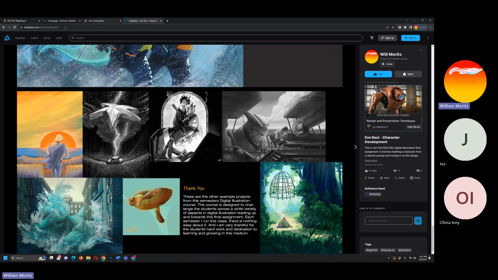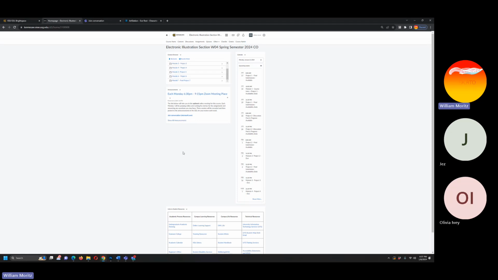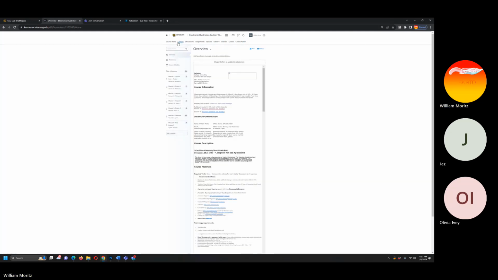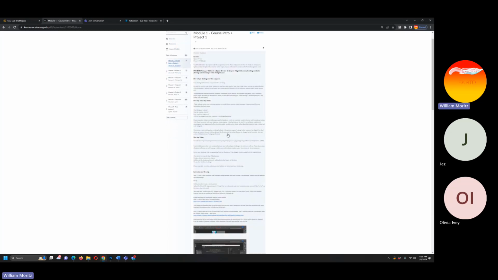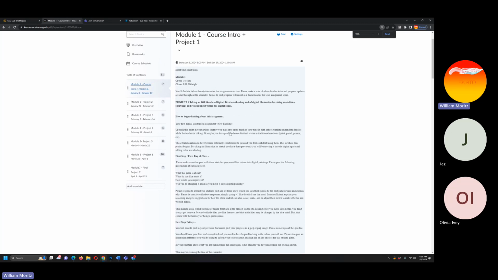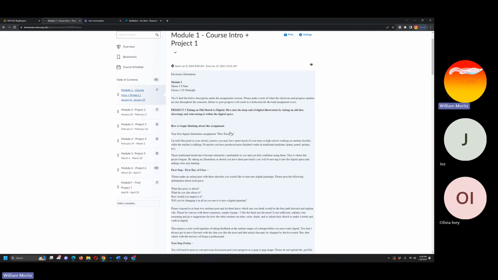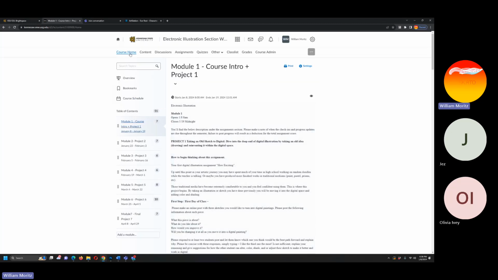Taking it down a layer, what we're going to see within each one of these projects is, so let's go into course content. All right. So here we are for Module 1 for this course. Let me see if I can get in a little bit closer so it's easier for you guys to read. There we go. All right, so you are going to want to go to, again, that's in the D2L, content,